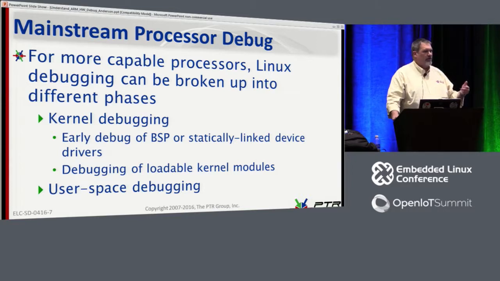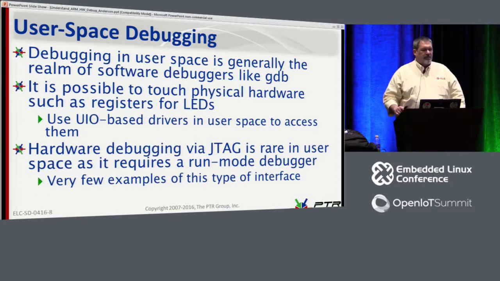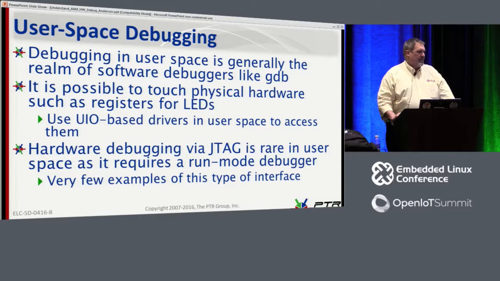Now, loadable kernel modules, once we get to the point where we can do a loadable kernel module, then we actually have quite a bit of services that are available to us over and above what we would expect to see in an early debug cycle. For user space debugging, this is normally where we see GDB. And GDB is pretty much the de facto standard for user space debugging inside of Linux